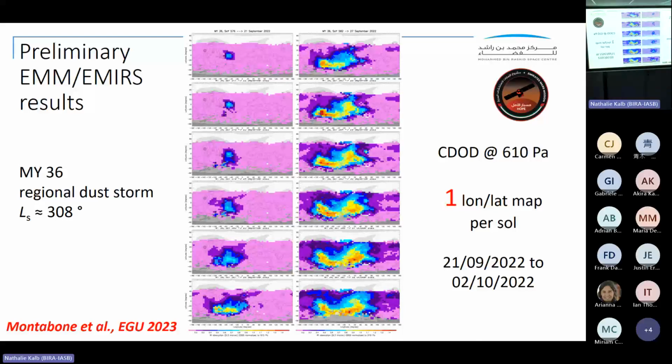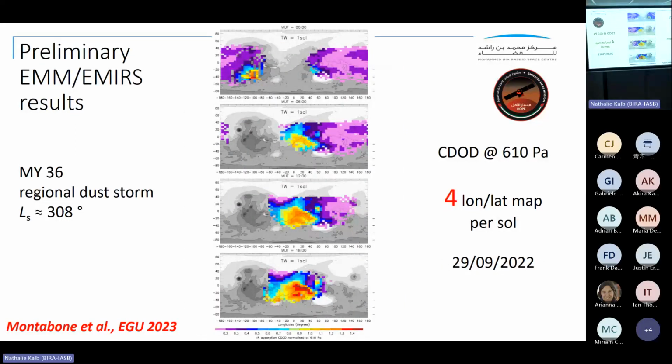Because of its orbit, we are able to fill the gaps much more than with polar orbiters, and we also explore different local times. So this is an example of a regional storm that occurred in Martian year 36, reconstructed using the EMM retrievals, always in the infrared. I'm still using one map per day, or per sol. This occurred in 2022. But the advantage with EMM, which we couldn't have before, is that now we also have